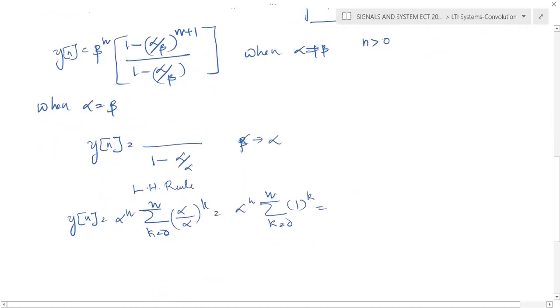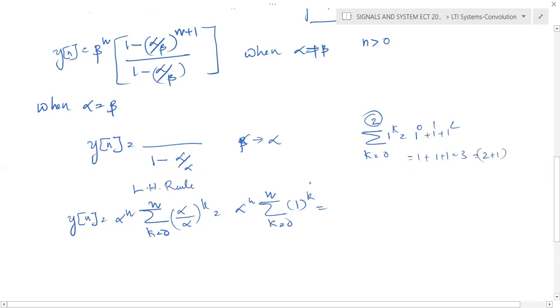When you apply this summation, there is always a chance to make mistakes, because 1 raised to k may be substituted as equal to 1, but it's not like that. I will give you a simple example, it's very important. For example, k from 0 to 2: 1 raised to k means 1 raised to 0 plus 1 raised to 1 plus 1 squared, and that is 1 plus 1 plus 1, so you will get 3. If the limit is up to 2, you will get 2 plus 1.